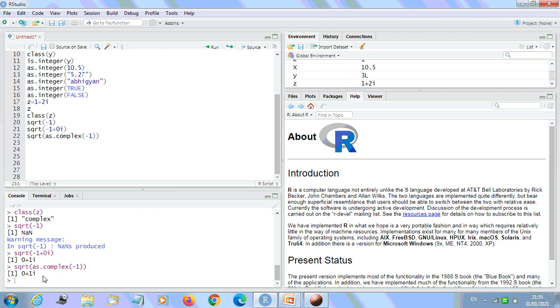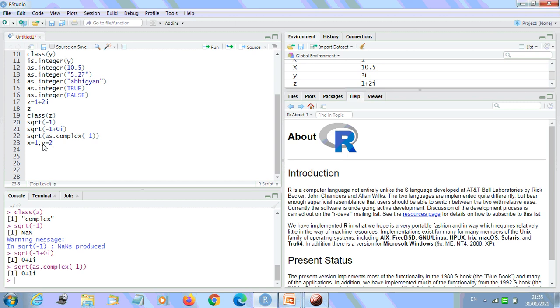Okay, so the next one is logical. A logical value is often created via comparison between variables. So let me declare x equal to 1, and y equal to 2. Perfect.